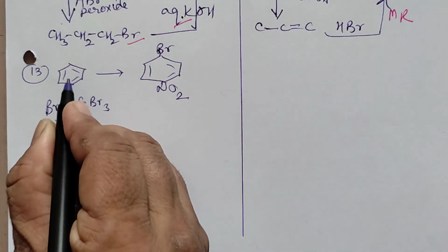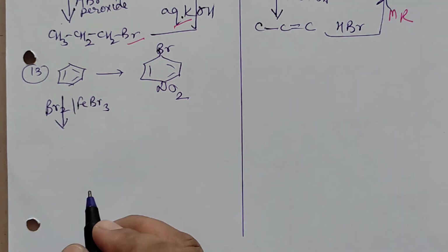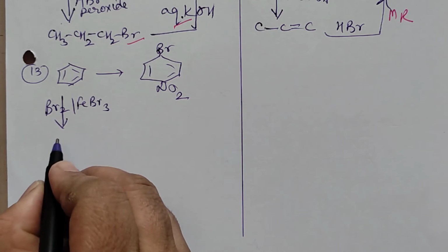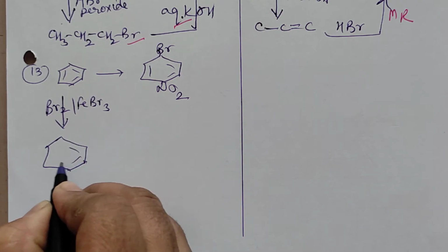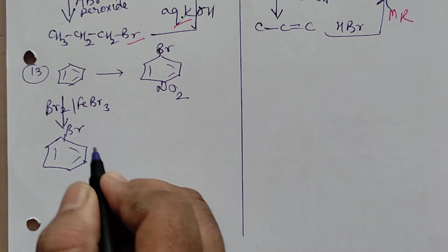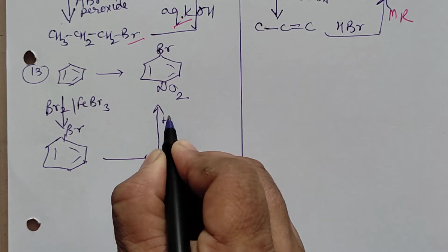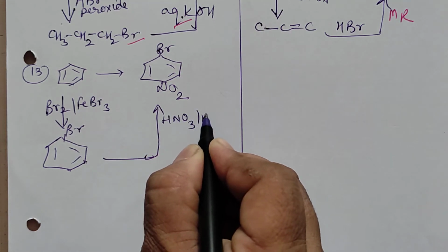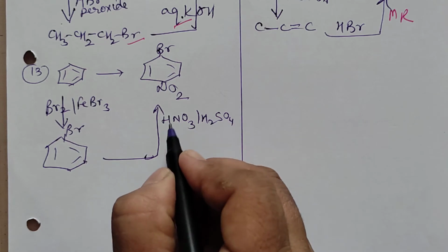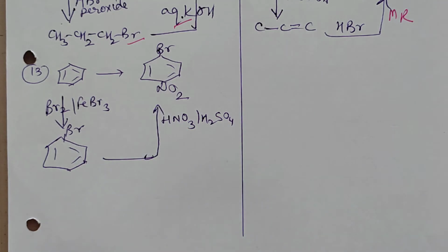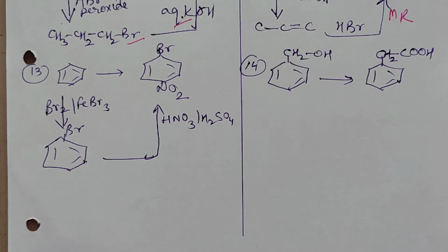That benzene you will first treat with bromine in the presence of a Lewis acid. That means you are carrying out electrophilic substitution reaction. You will get bromine first in the ring. Then this will be treated with the nitration mixture, that is concentrated HNO3 and H2SO4. So then you will have the nitro group introduced in the ring. That means the 2 groups will now be at para position with respect to each other. Got it?